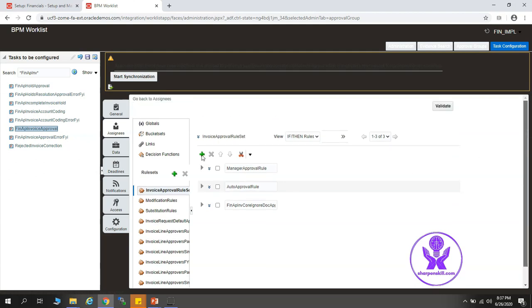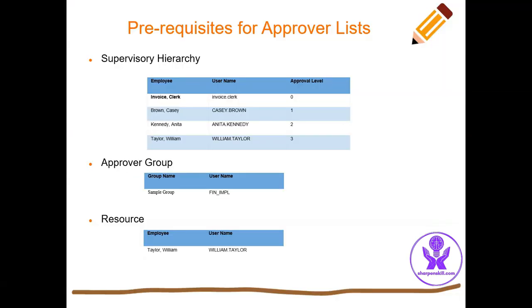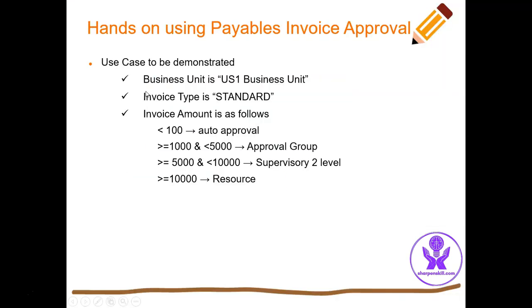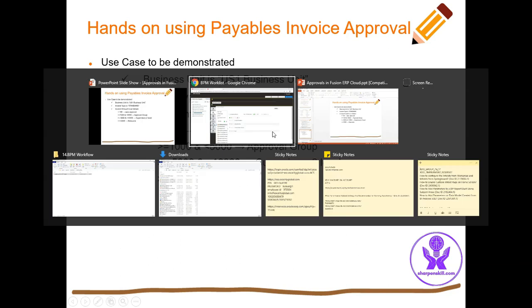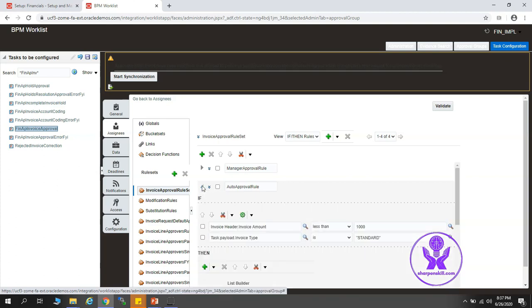Now click on this plus icon to create a rule as I have shown you. First we are going to configure the auto approval, right? We already have one auto approval rule, so I'll show you how to customize the existing rule. You can see it has already been made.